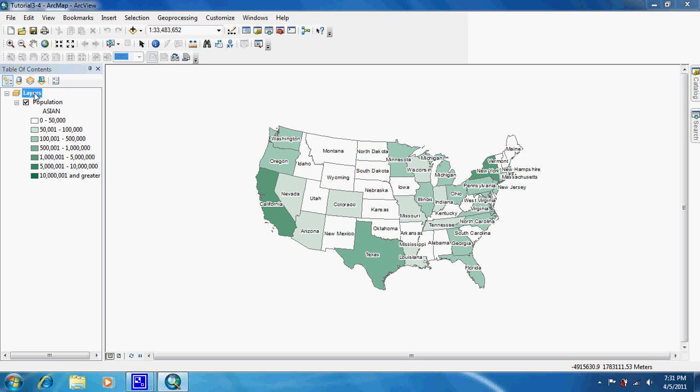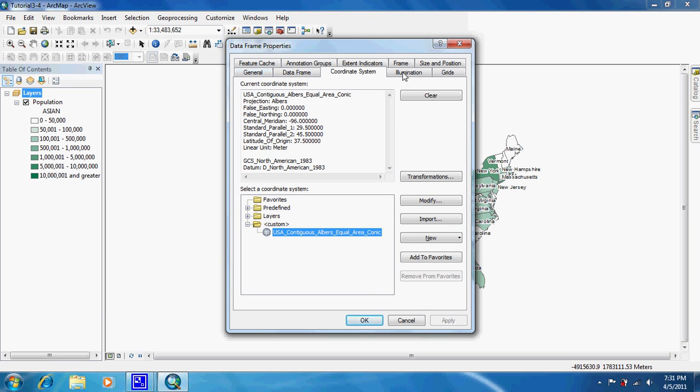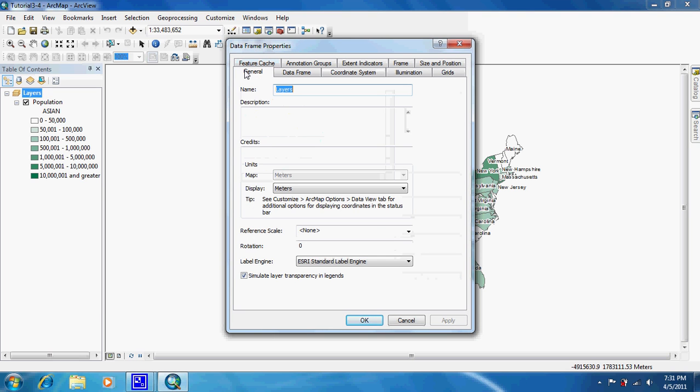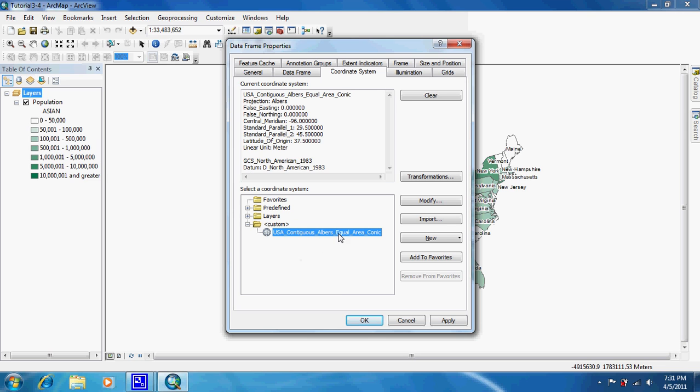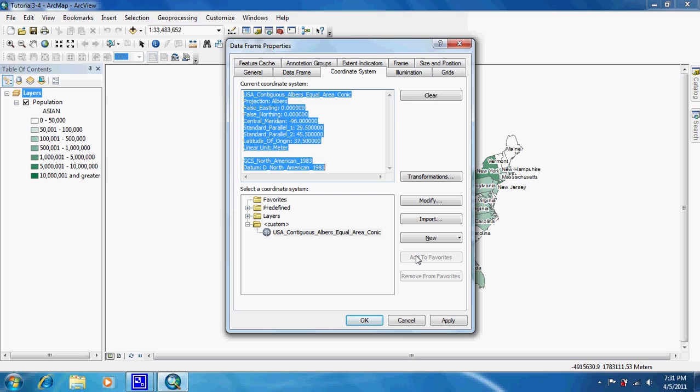So we're going to double click on this right here on layers to get into its properties, and we're going to click on general, and we are going to call it Asians. We're going to go to the coordinate system, and with the custom here highlighted, we're going to click add to favorites. What this does is it copies the coordinate system assigned to this layer file, and when we add the next data frame, we can just assign that data frame the same exact coordinate system. So with that done, we're going to click OK,